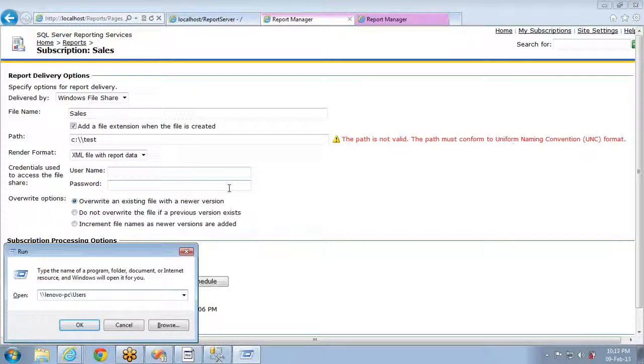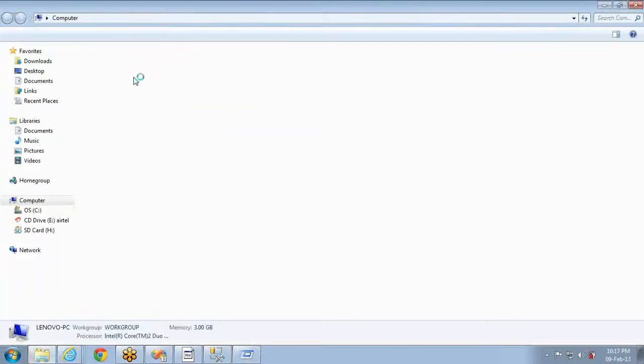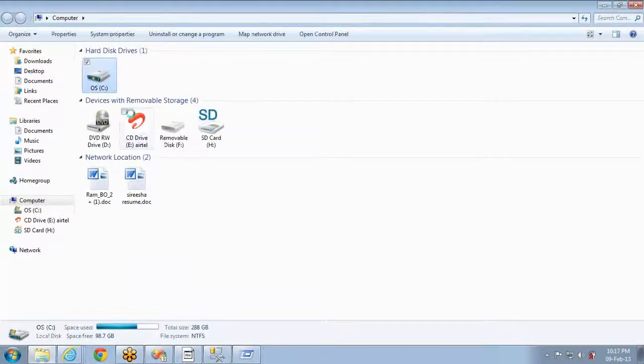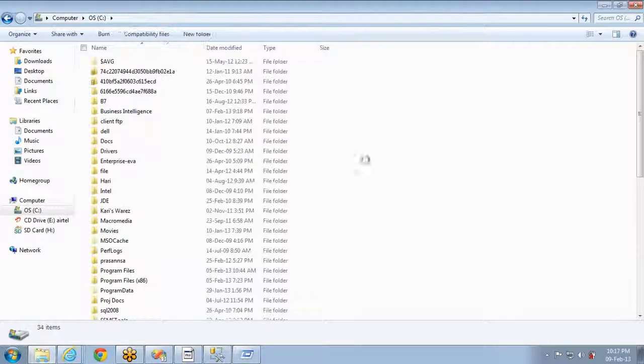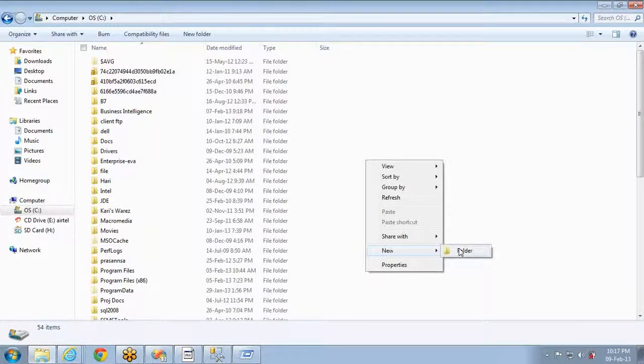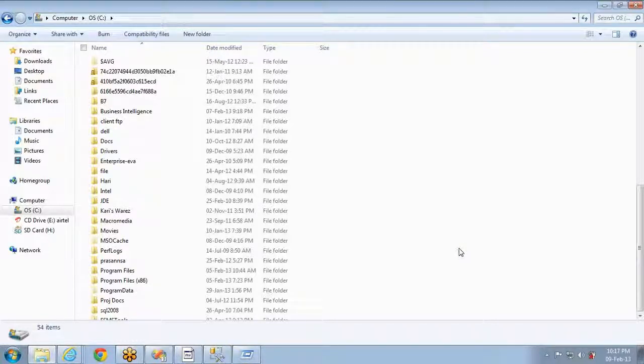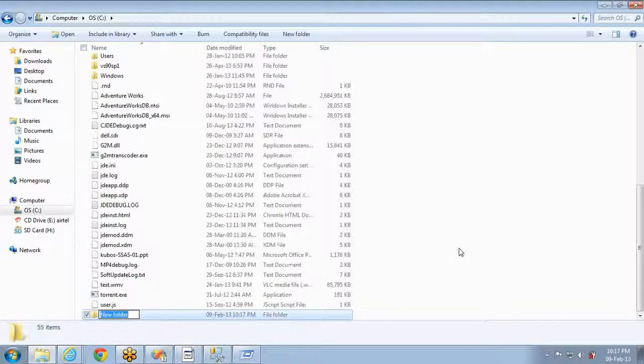Let me create a folder. I think there is no folder to copy the data, so I'm going to the C drive and creating a folder. I'm naming it Test.